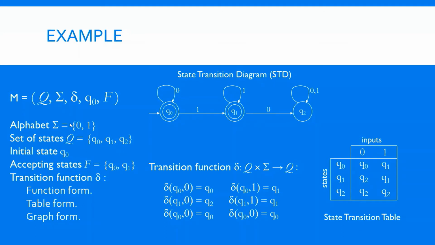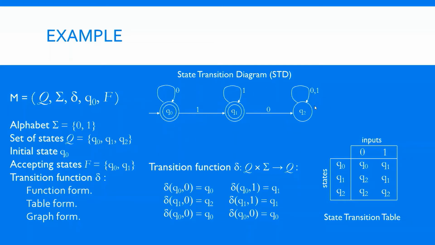Okay. Then sigma is called what? Alphabet. In this example, the alphabet symbols are written on the edges. So 0 and 1, only 2 symbols are used. So my sigma in this case is the binary alphabet {0, 1}, only 2. Right? So these 2 components I have written. This is the state transition diagram which we discussed in our last class. This is an example of a finite automaton, or specifically a deterministic finite automaton, DFA. So we are writing the exact components.